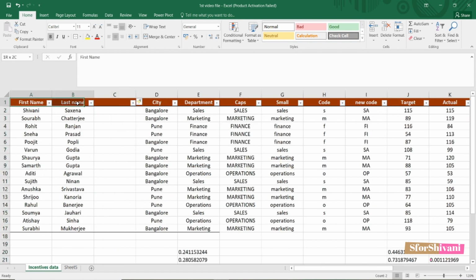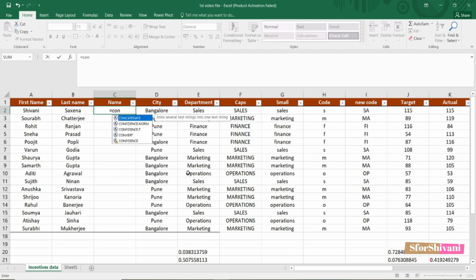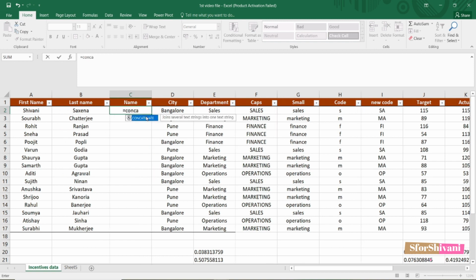Now sometimes what we have to do is, let's say I want to combine the first name and the last name as one, which is the name. So the concatenate function comes to our rescue. Use equal. If you type, the pop-up comes, double click, select it, and the cell number 2, and then close the bracket and press enter.